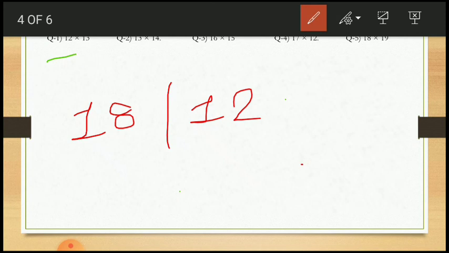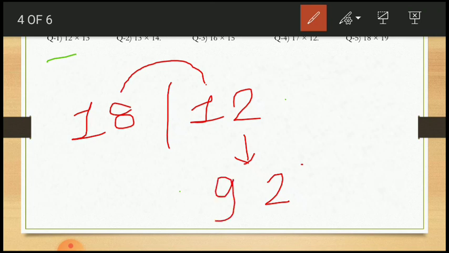Okay, this 2 means the unit place, you have to drop it as it is. Now the tens place, you have to carry to the next unit place, means 8 plus 1, the answer comes 9, and this one as it is you have to write here. Okay, it means that